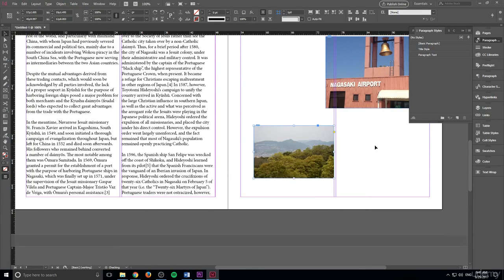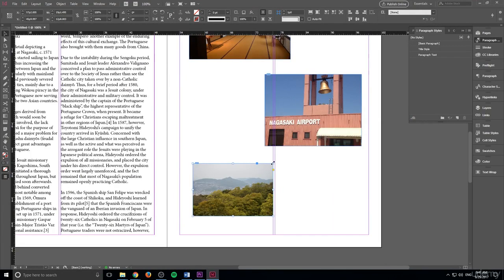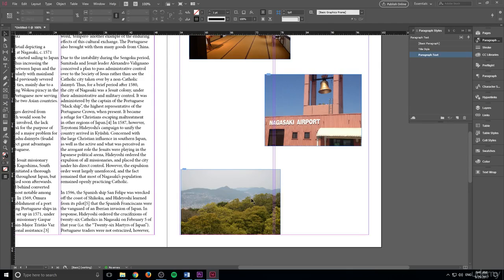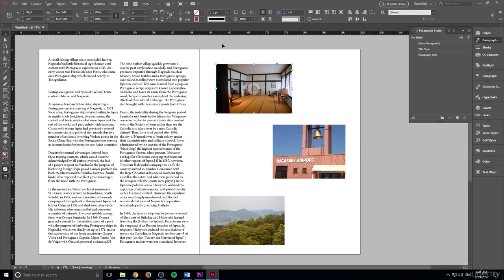Alrighty, so now we got these images. Now we can format them since they're all an equal size here. I just wanted to create maybe 3 equal size images going left and right, alternating down the spine of this document right here. I'm going to turn off the guides here because I want to see this visually. And let's add